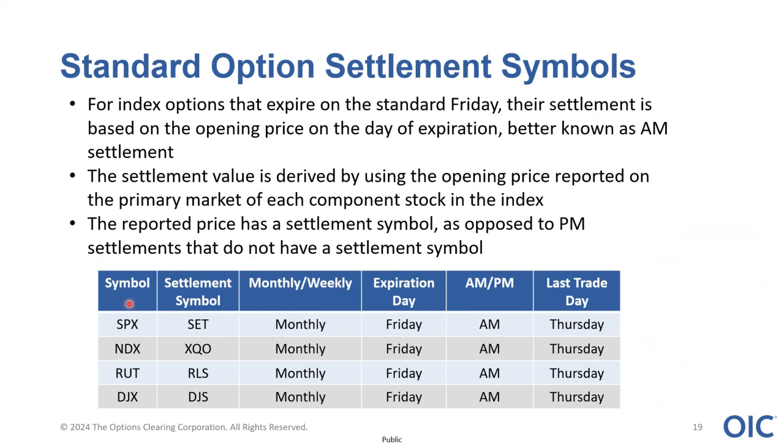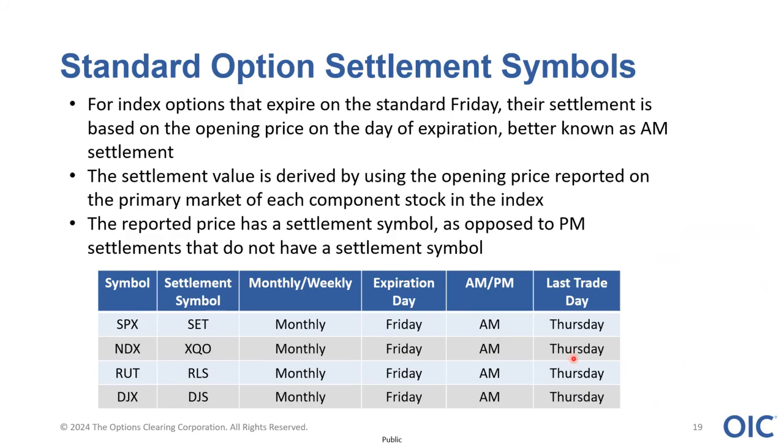So in the SPX, you have SET. That's the settlement symbol. That's going to tell you the actual cash value, the cash settlement price on the Friday morning. In the NASDAQ, it's the XQO. In the Russell, it's the RLS. And in the DJX, it's